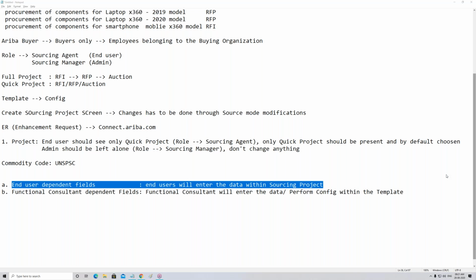We are going to understand predecessor project in depth maybe in our third or fourth session. But remember, the predecessor project will come only for quick projects, and for full projects it will never come. Okay.